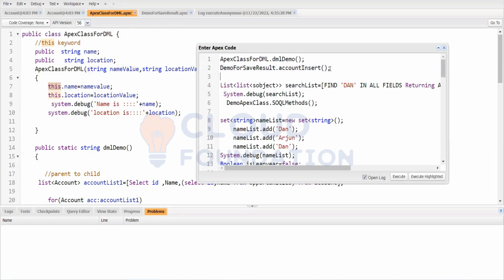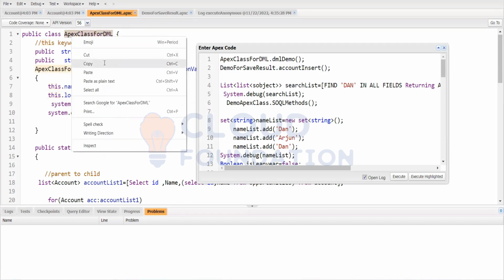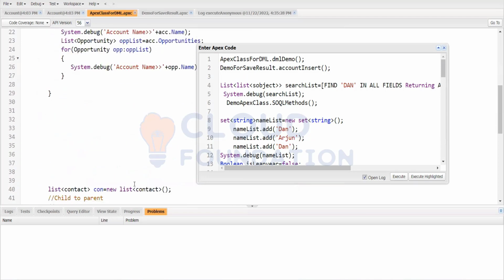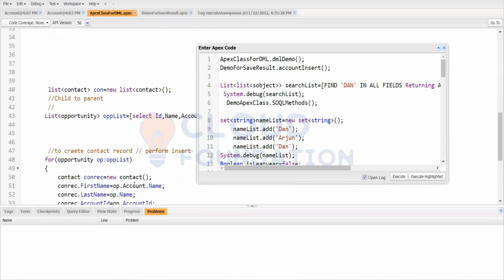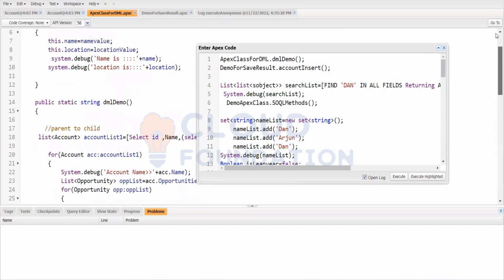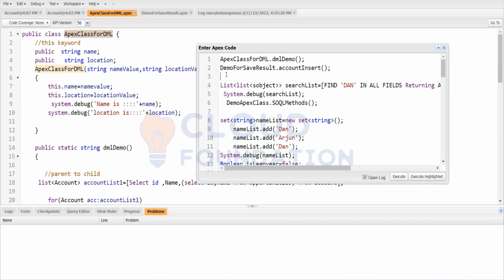Debug. This is my class name. We are working on this class only. Okay, let me work on this class only. So what we will do, apex dml